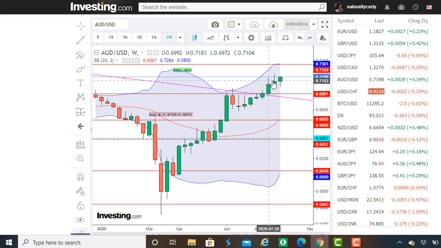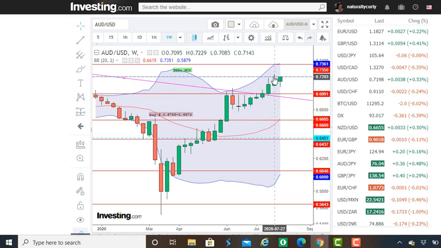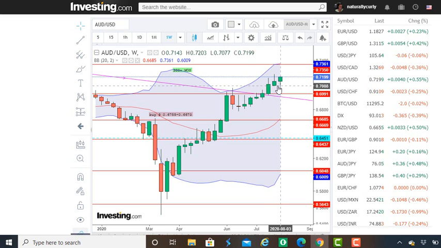But with this particular candle, if I was trading it, I would have left my stop on this weekly low, only because there was more bearish momentum with this particular week, as you can see with this wick up here. So just to be on the safe side, I wouldn't have moved my stop yet. I would have just left it at, what is this,